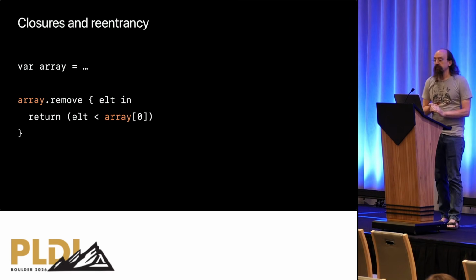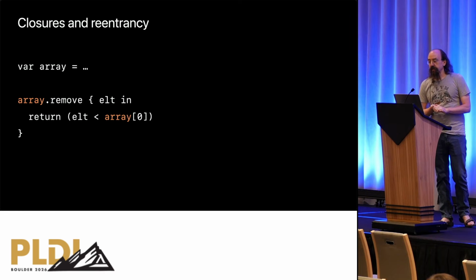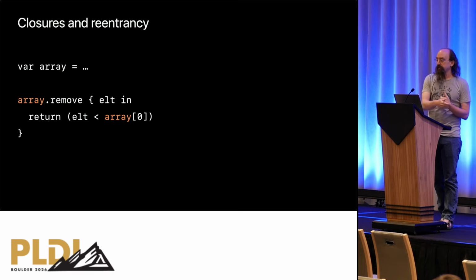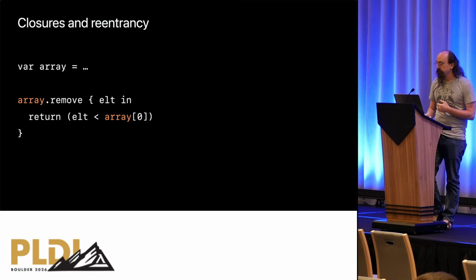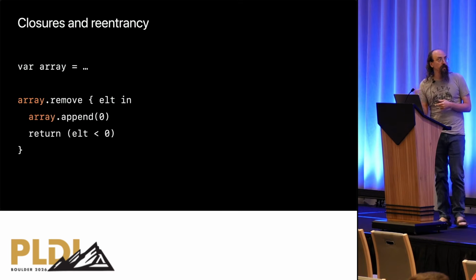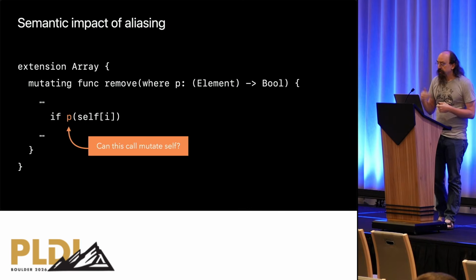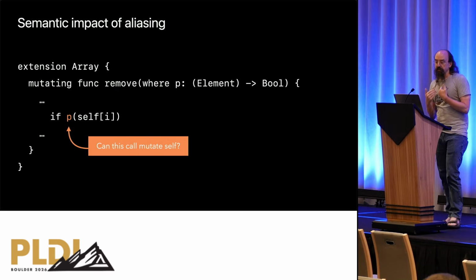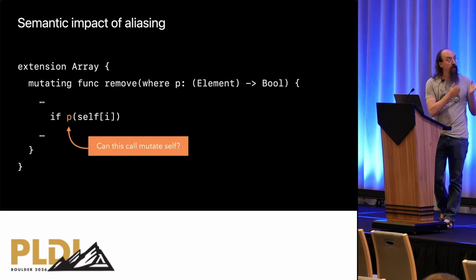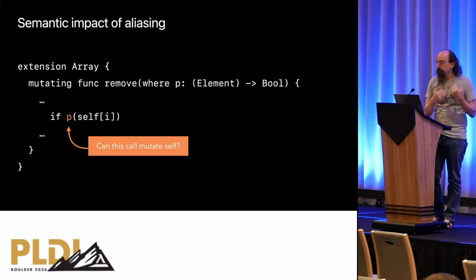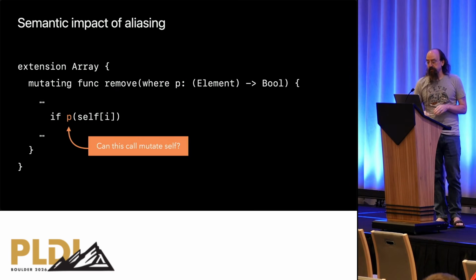But what if I capture a reference to the array in that closure? Now we've sneakily made a second reference to the variable while it's also being used as the self argument. And I could really do anything to that array in this closure, even mutate it. This turns out to have all of the same reasoning concepts for the language as shared mutable state. In the implementation of the remove method, we now have to worry about whether calling the closure that was passed in will change the array or any of its other parameters. And this is really bad for the semantics of the language.